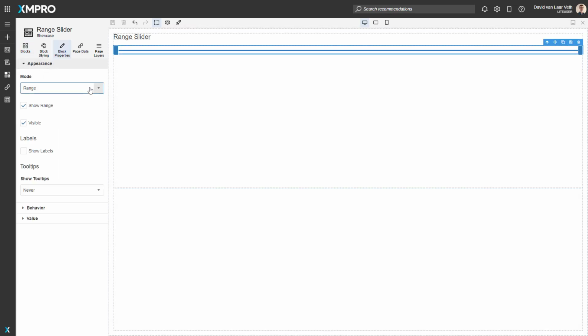There are two modes, range and point. Range has two sliders and outputs two values, and point has one slider and only outputs one value. You can choose whether to show the blue line on the range slider. Visibility is self-explanatory. You can choose whether to show labels below or above